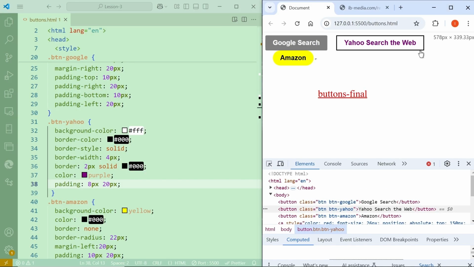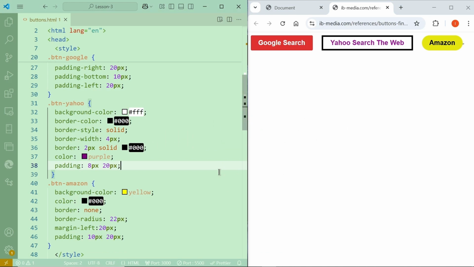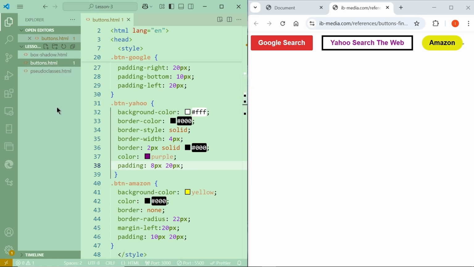Let's move on and discuss pseudoclasses. Pseudoclasses in CSS are keywords added to selectors that specify a special state of the selected elements. They can be used to style elements based on their state, position, or user interaction. I created a small example to help you understand what pseudoclasses are, and I will click on the file name,